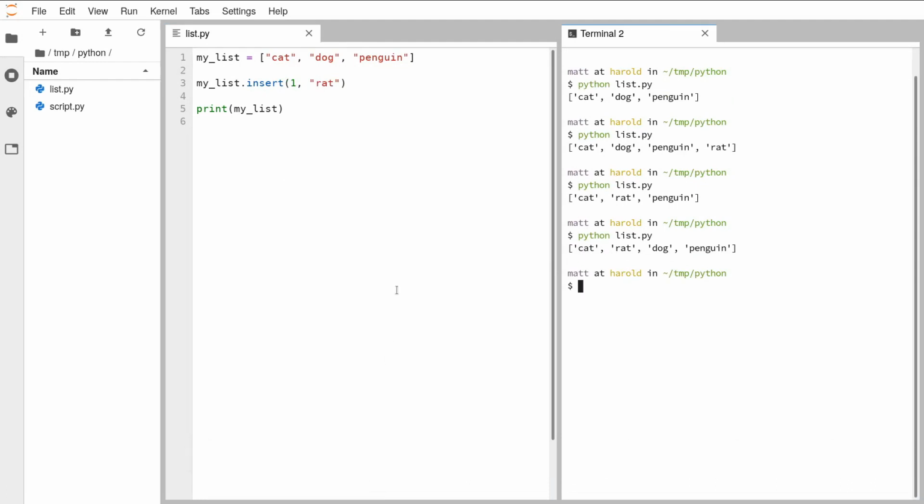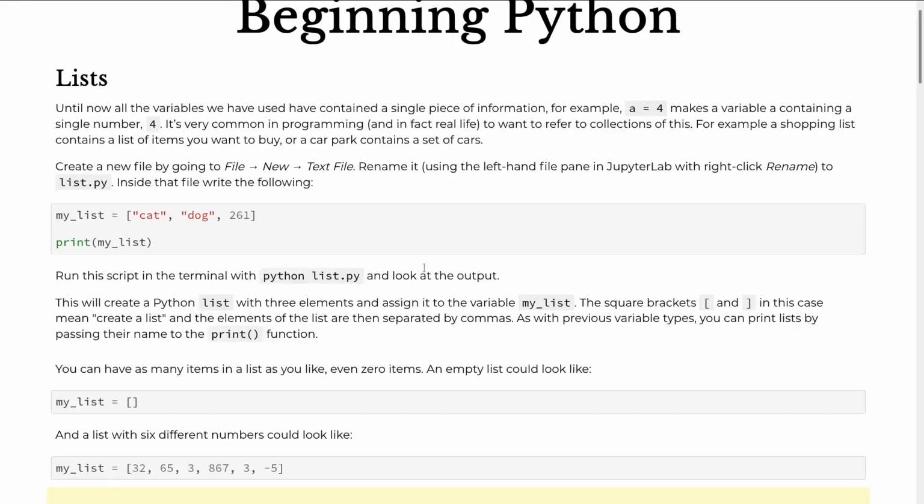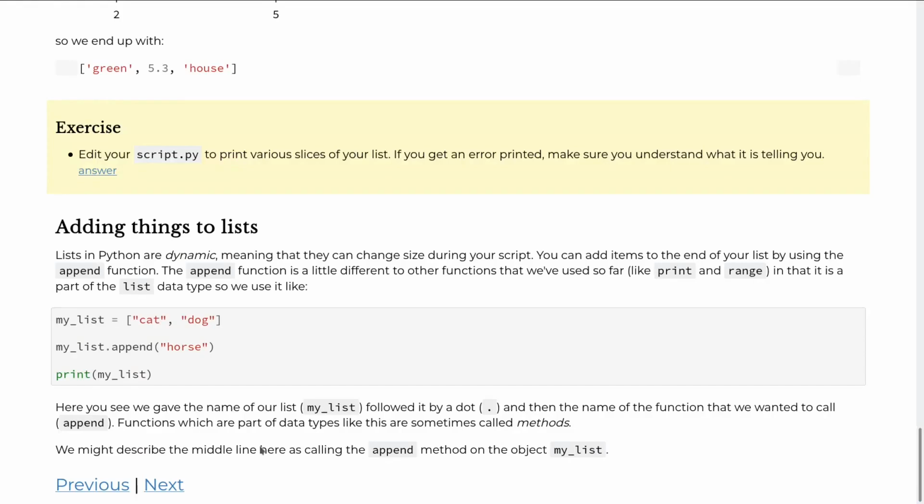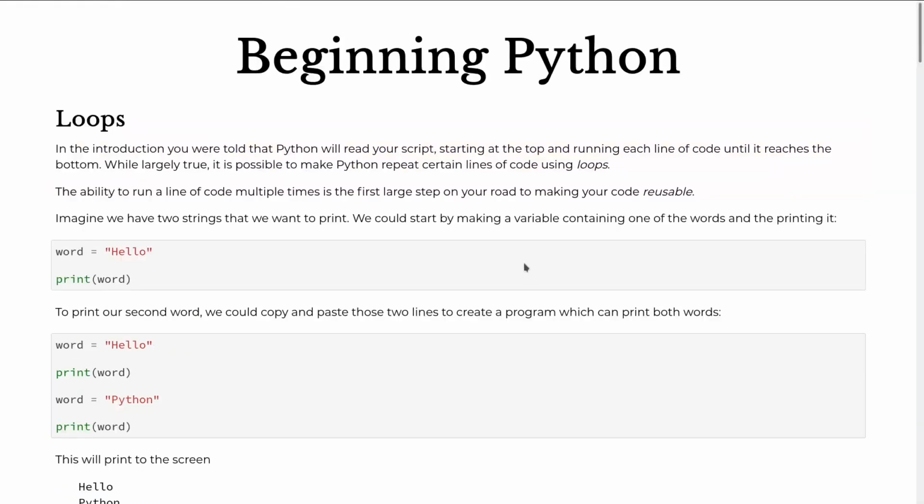So if everyone's okay with lists, we can loop over them, we can grab items out, we can change things to do with them by appending to the end, and as we saw there, overwriting or inserting. So after the list section, we are on loops. So hopefully as we go through this, Olivia, I will explain the answer to your question,